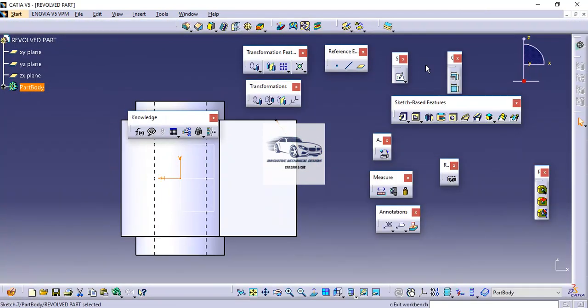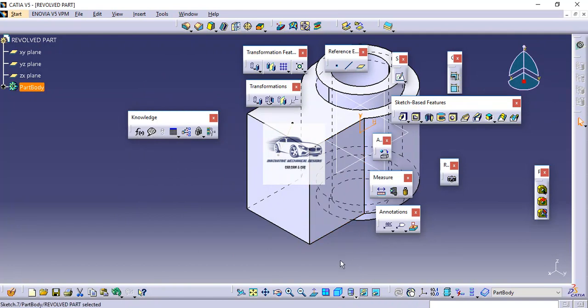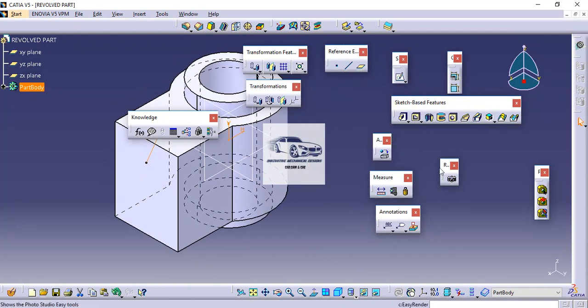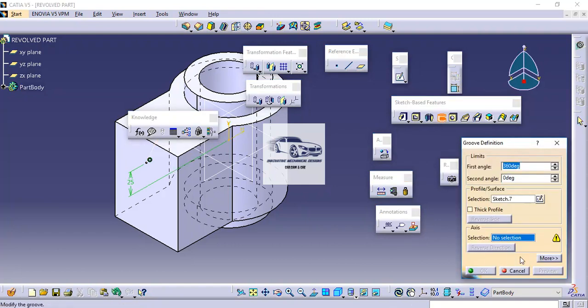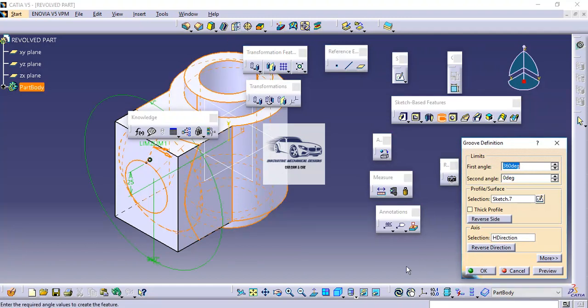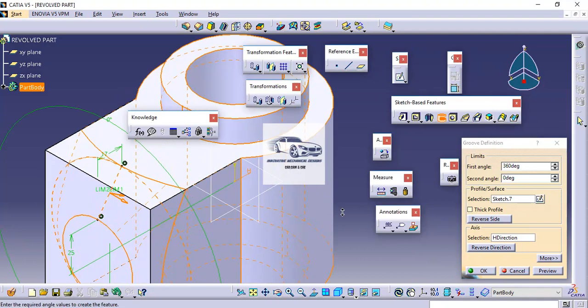And now to revolve it, let us take the isometric orientation so that we can easily understand the impact of the groove cut. For creating the revolve cut, we have this option groove. So I will go to groove. Again, I have to pick an axis. So I will directly pick the horizontal axis like this.